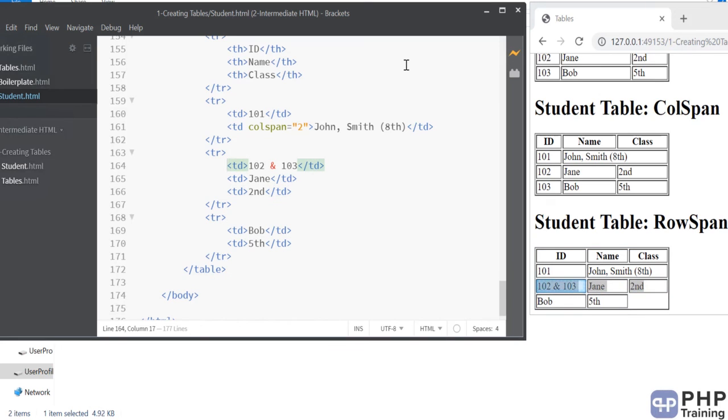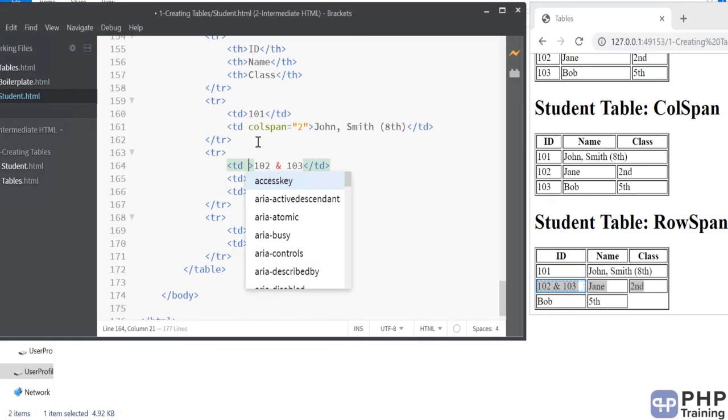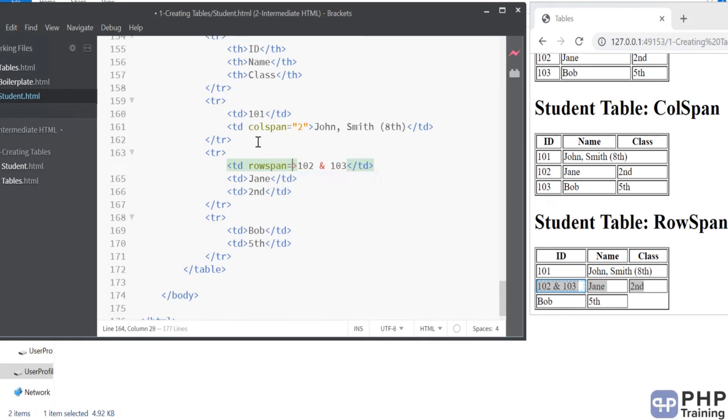I want to combine these two here. How are you going to do it? You can say row span is equal to 2. Now you can see the row has been added. Here you have merged the columns, here you have merged the rows. That's the property of row span. Row span merges two rows together, column span merges two columns together.